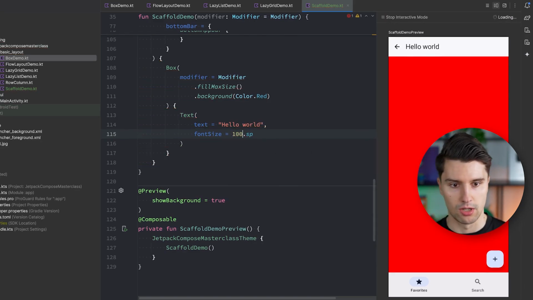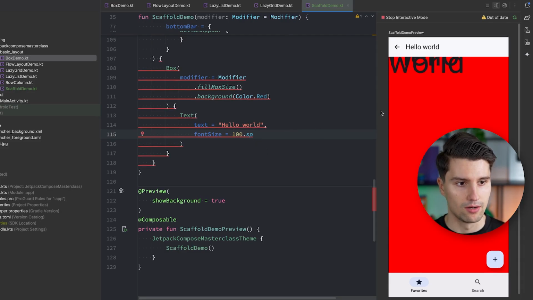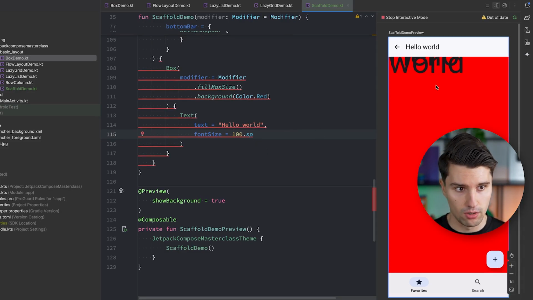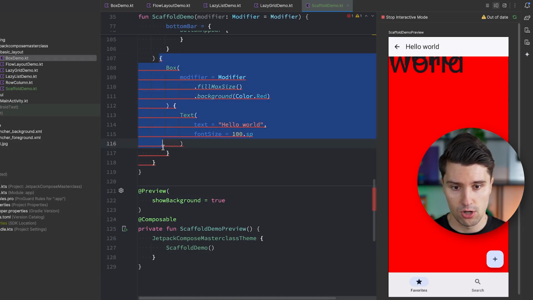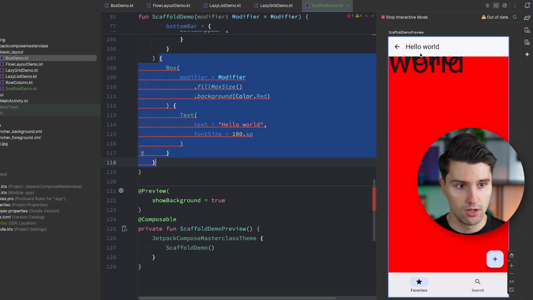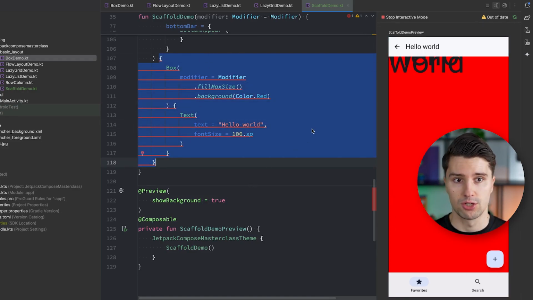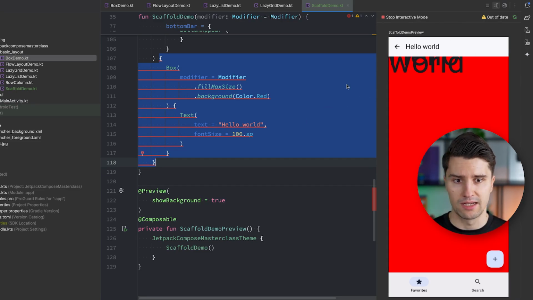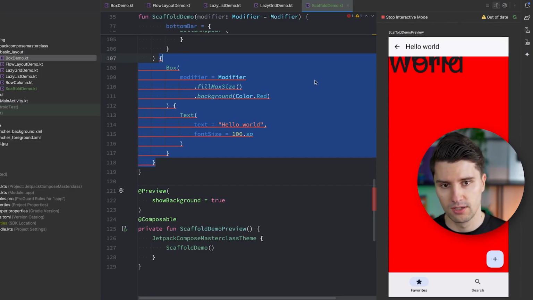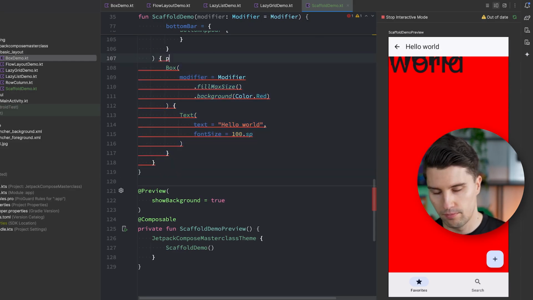If we increase this to 100 SP, then okay, the text is actually drawn, but it's hidden behind our top app bar. Because by default, this content that is drawn here will just take the normal screen dimensions, and all the scaffold components will simply be drawn on top of it. That's of course not what we really expect, and that is why a scaffold gives us access to this padding